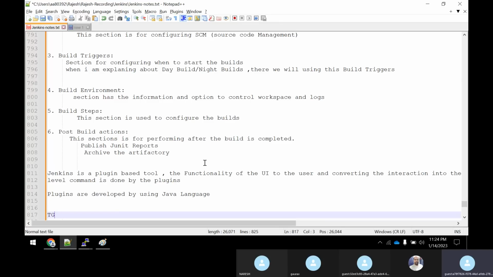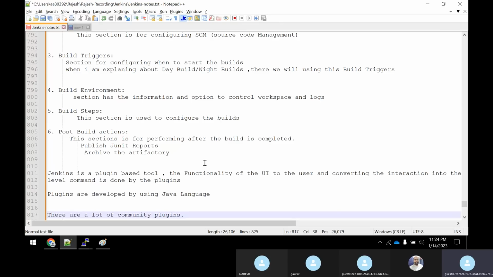So there are a lot of community plugins, freely available. Most of them, you know, those all are Hudson plugins, right? Sorry, not Hudson, CloudBees, right? CloudBees is an organization actually which provides a lot of free plugins.